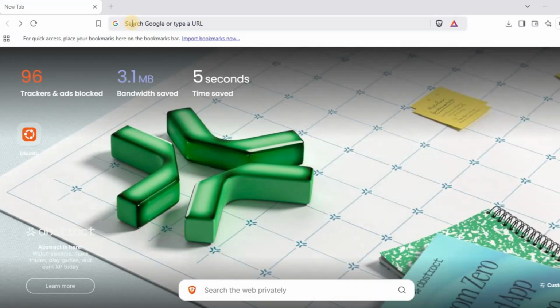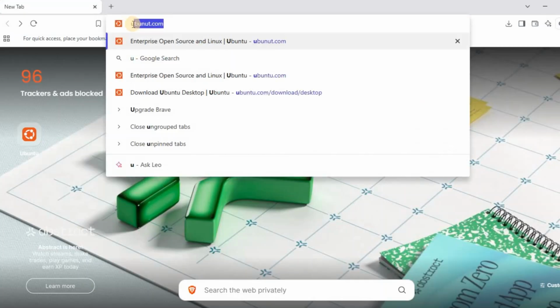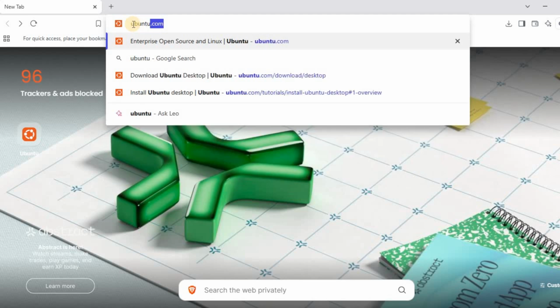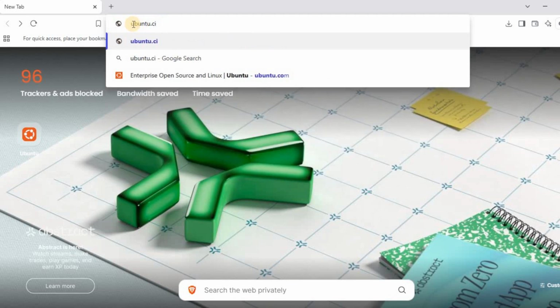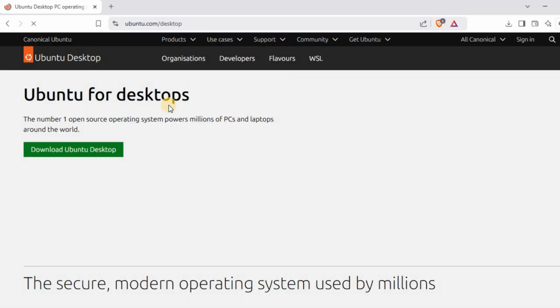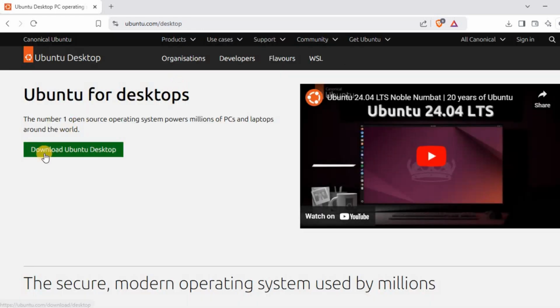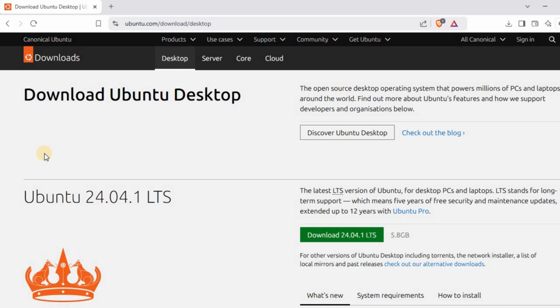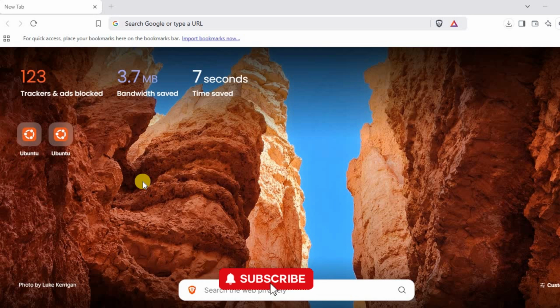Step 2. Download the Ubuntu ISO image. Next we need the Ubuntu ISO file. To get it, go to ubuntu.com, click on products, then select Ubuntu Desktop, click download Ubuntu Desktop and select Ubuntu 24.04 LTS. This version is the latest, but in this video I will be using Ubuntu 22.04 LTS because